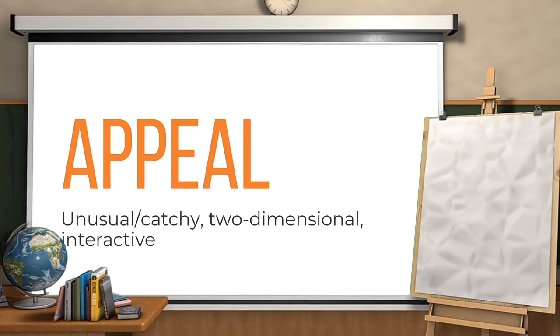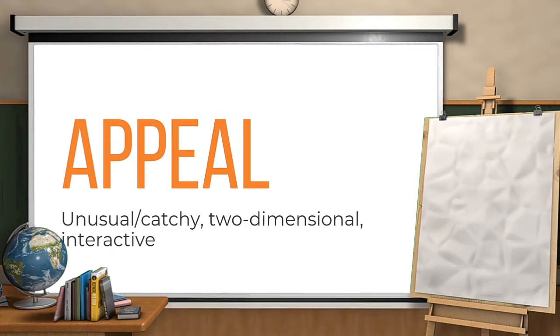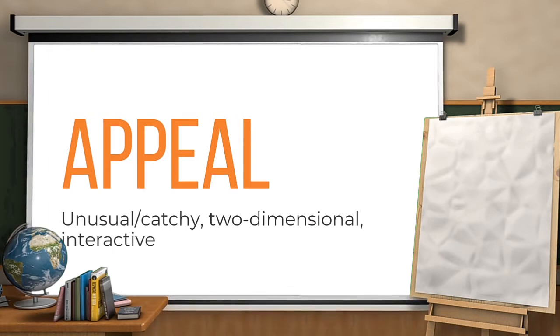At ang pang-siyam na criteria kapag gagawa tayo ng visual aids ay the appeal. Kapag gagawa tayo ng visual aids, kailangan may appeal, which means it should be unusual or catchy. So, it's a no-no na dapat ay plain lang yung presentations or the visual aids. Hindi pwedeng text lang at plain yung background. Kailangan it should be unusual para makakatch tayo ng attention ng ating mga students. Pero wag naman yung sobrang over naman sa mga design kasi nawawala yung focus ng mga estudyante dun sa